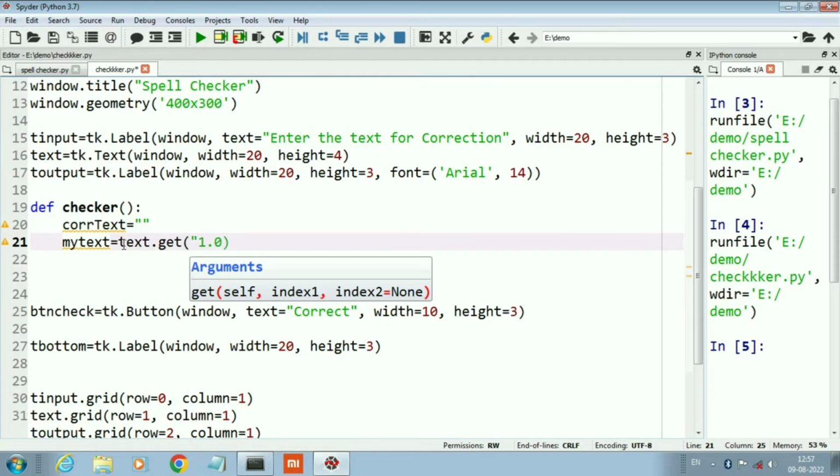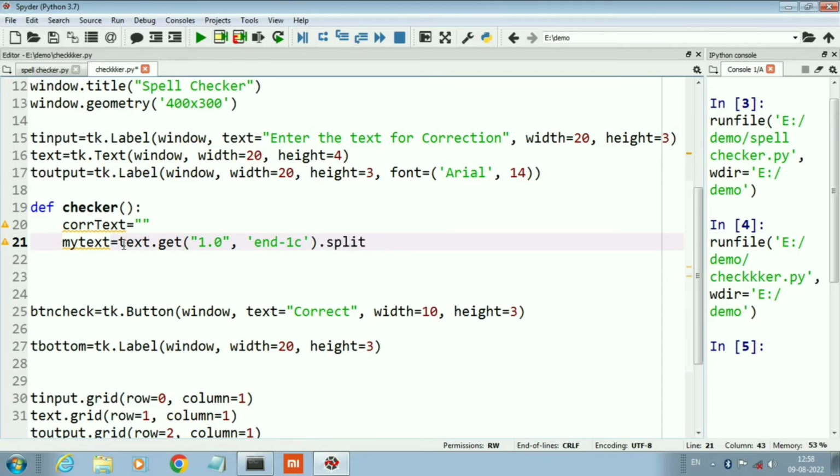Here 0.1 means it starts from the first character of our text string. And next we will write end. End means it will read the whole string from first character to last character. And then I will also write dash 1c. That 1c will discard the newline character.